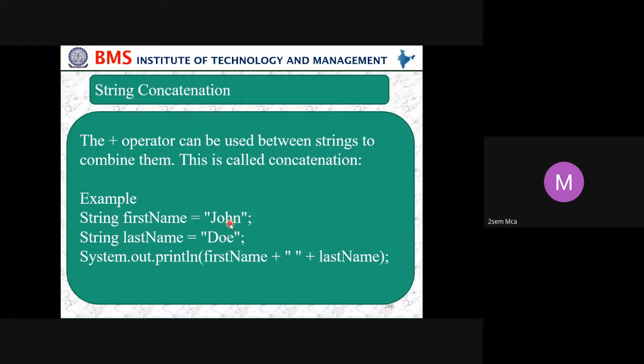First, what am I storing? I am storing the string John in a variable called first name, and Dio I am storing in last name. The data types of these two are string. Then I input System.out.println, because we just want to print. Then call the first string, that is first name, then use a plus operator, then call Dio, the last name. Using the plus operator, we are combining this.